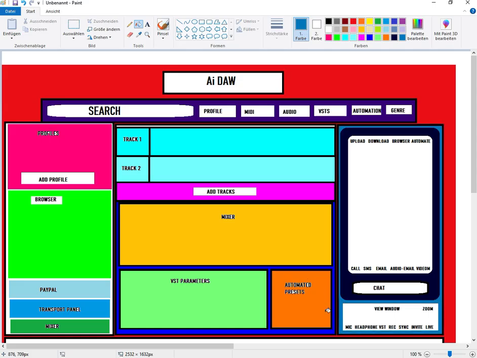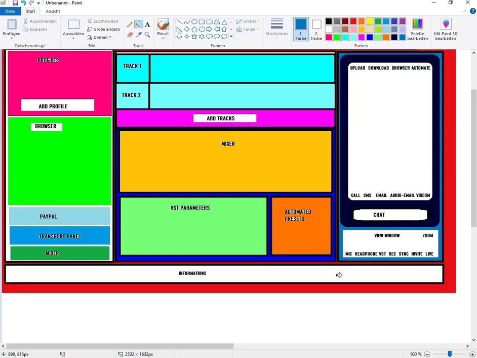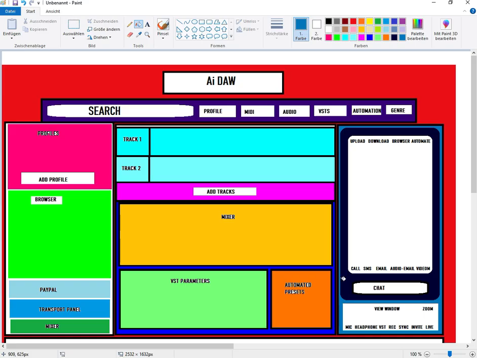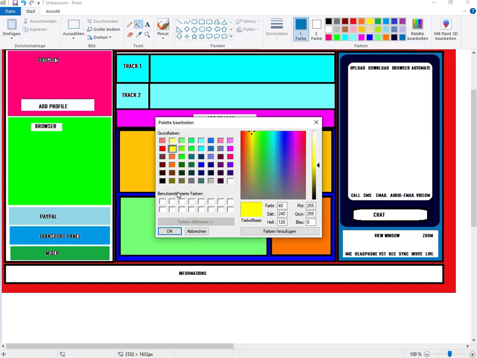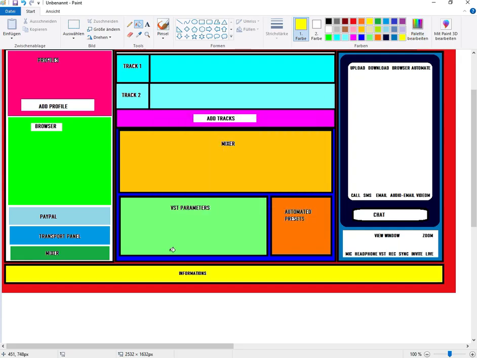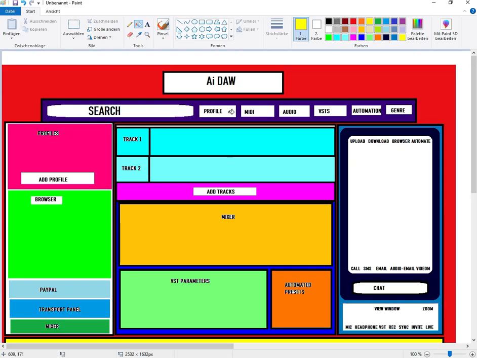Let's give it a black framework, and put the information there. And this is your DAW. AI DAW